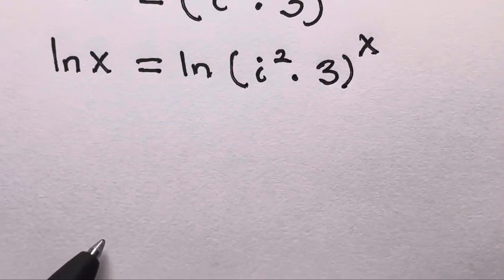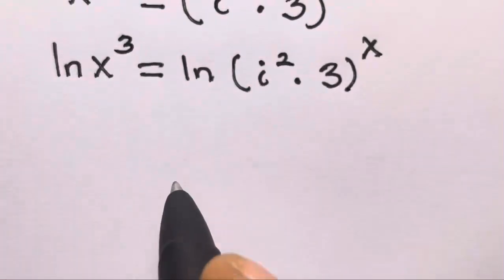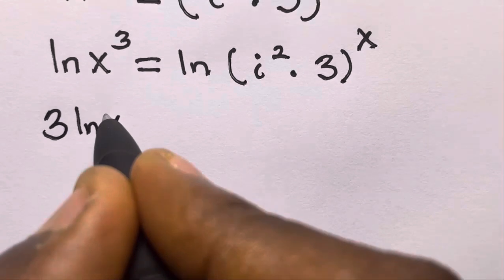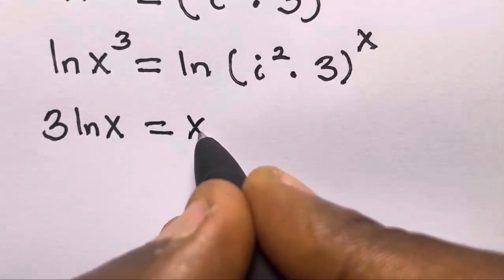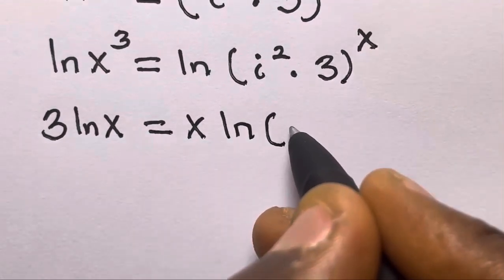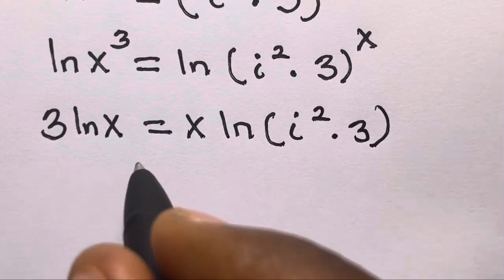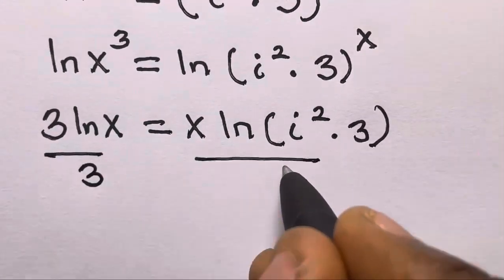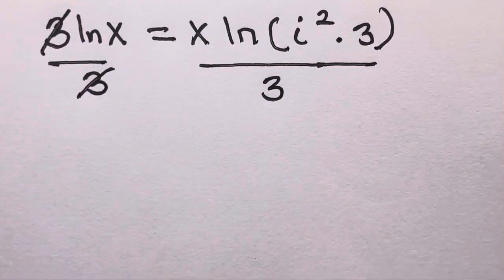right? So okay, we have raised to the power 3 here. So this will become 3 ln x, right, equals, this also will come forward, so we have x ln i squared times 3. So we can divide both sides by 3 here, this by 3, this will cancel out this, so we have